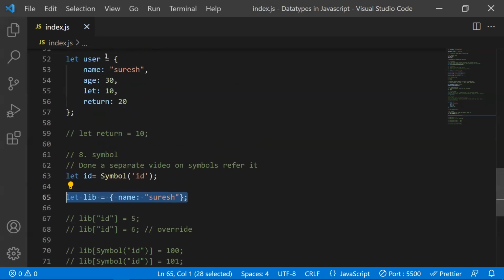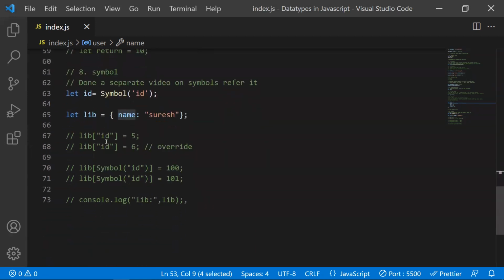So we have an object. In this object, the key will be a string. Even if you don't mention it as a string, this key will automatically be converted into a string. Whereas a symbol is a unique identifier. So if you define something like this, this id is unique. Even if you declare the same thing again, it will give a different id. So each time you use a symbol, it will give us a unique identifier. That's the reason we use it as an object key. Till now we could only use strings, but we can also use symbols as object keys.